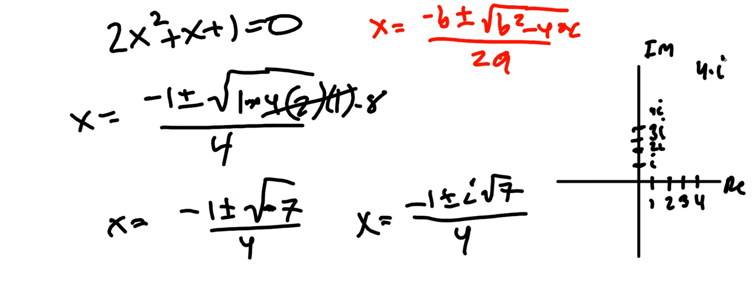I mean, it does represent that, but all it's saying is that it's 4 imaginary units. So this equation has no real solutions, but it does have imaginary solutions. And negative 1 plus or minus i root 7 over 4